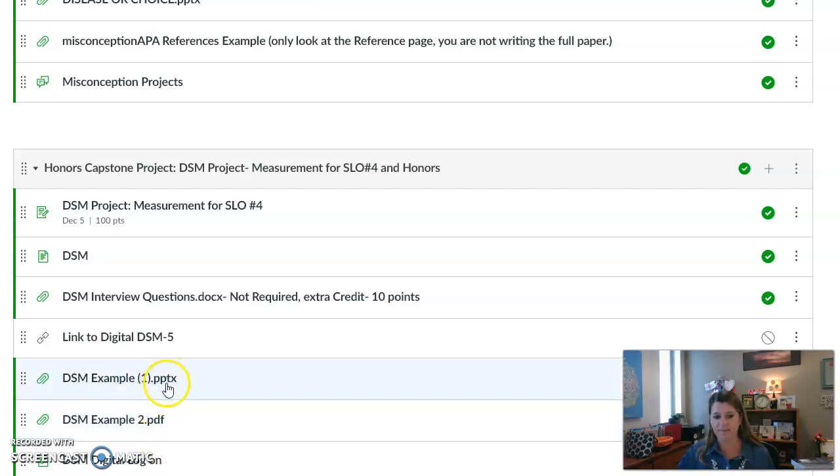So you have a couple examples here, and more than likely I will add to it, but I just kind of want you to see the layout of what they did. If they presented them live to us, then of course you're going to be missing the explanation of them